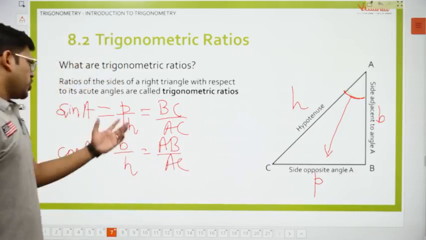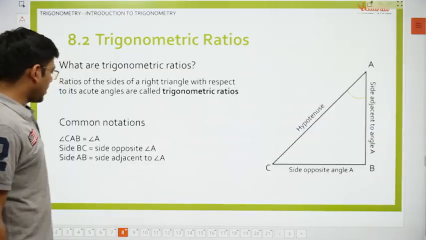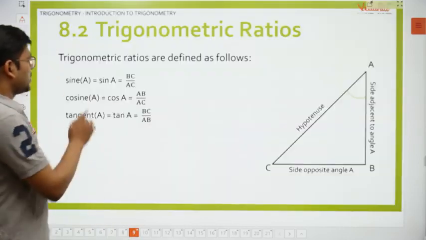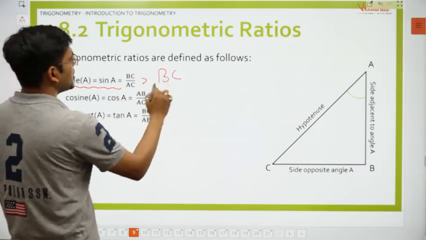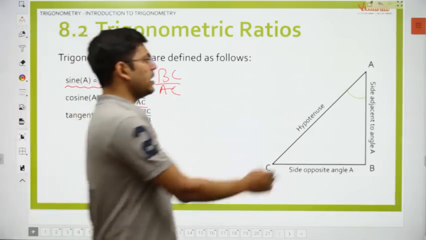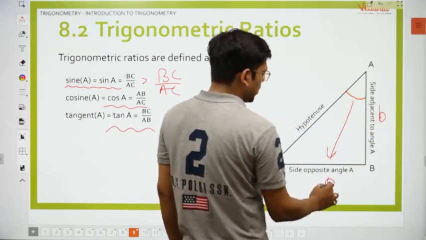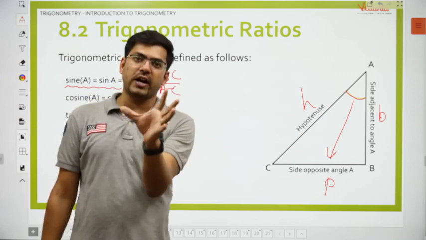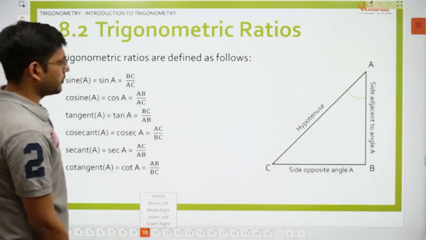Now see guys, you got it correct in the very first time. I guess you all are understanding it. So I'll come up with the answers. Now see, the same thing has been written here. Sine A, what we were talking about, BC upon AC. We are talking about the same thing, isn't it? So we have got it very correctly. If this is the angle, then this would be the side perpendicular and this would be the base. This is perpendicular, this is base, and this is hypotenuse. I guess you all have got it correctly and now you all are understanding. If not, then you should rewind and watch it again.